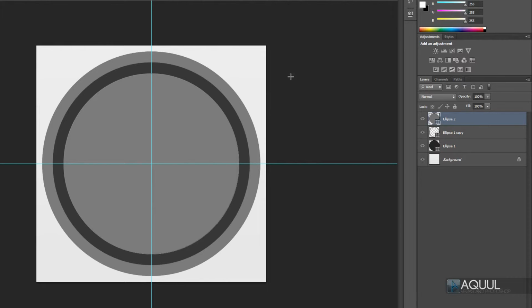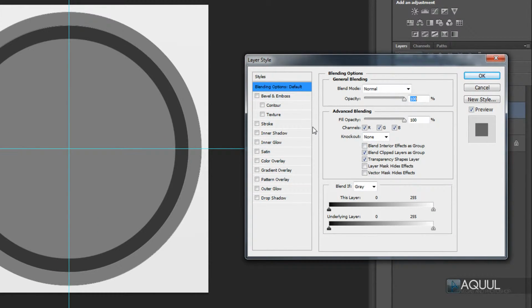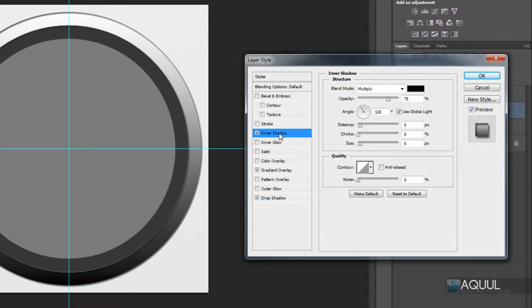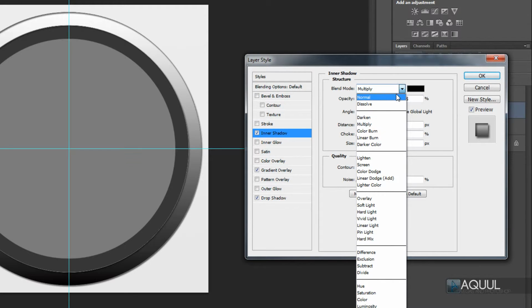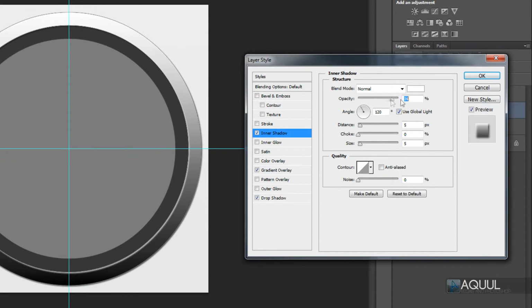If you double click that ring layer that we made, should be the middle one, it'll bring up the layer styles window, and from here you want to check the inner shadow, gradient overlay, and drop shadow. Now if we click on the inner shadow text, it'll just change the menu to that inner shadow menu. And to create a little highlight, I'm just going to change the blend mode of this to normal, the color to white, the opacity to 100%, distance to 5 pixels, size to 5 pixels, and that is all for the